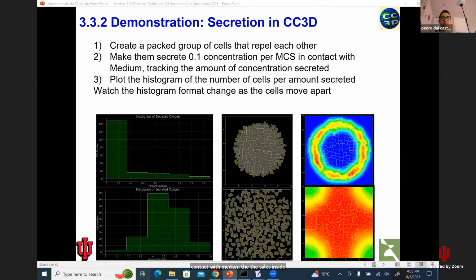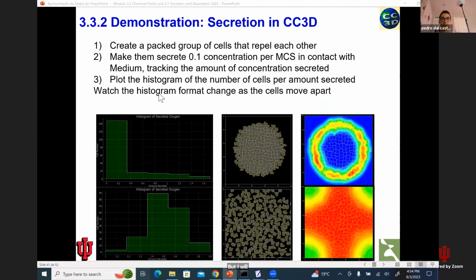And if we plot a histogram of how much the cell is secreting per Monte Carlo step, as time goes on, we see this histogram changing, right? So you can get the simulation ready from the folder, the student materials 3.3, I think, folder. You can get the simulation ready to go, but I will